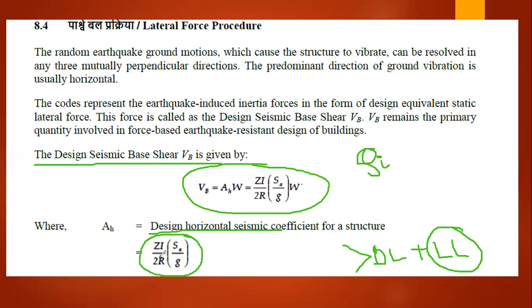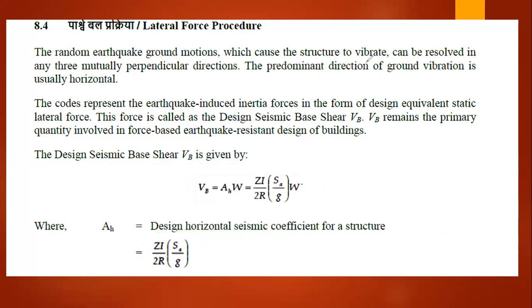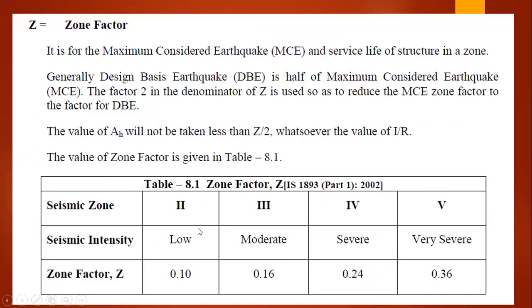And for irregular buildings, these are all mentioned in table 6.1 and 6.2. So details you can check in the IS 1893 code. The 2002 version is most important, then you can follow the 2016 code. So it's telling that all frame buildings higher than 12 meter in zone 4 and 5 and greater than 40 meter in zone 2 and 3. So for irregular buildings, earthquake is more vulnerable. That is, the severity of earthquake is very high. This thing is clear to all.